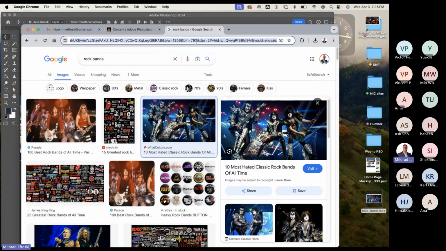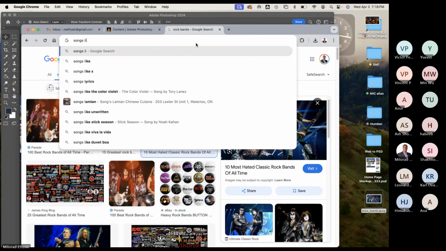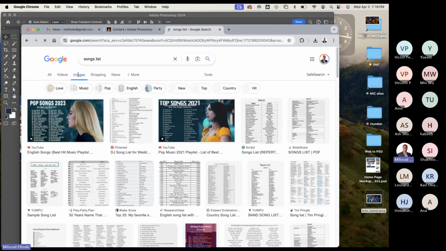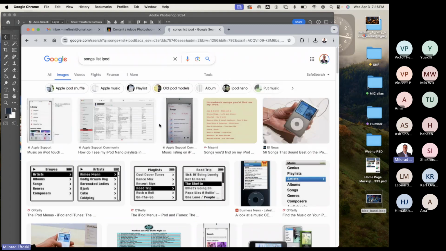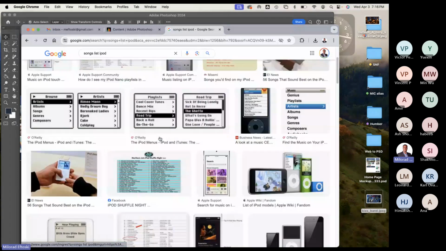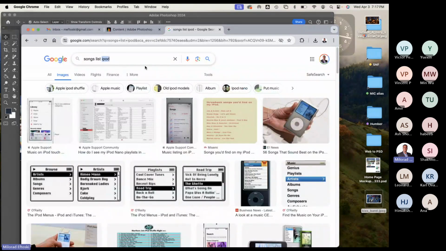Wow, did I just say that? Look at your iTunes list, right? It used to be the iPod, we played our songs on the iPod. Songs list. Okay, let's get some images here. Speaking of iPod, let me show what the iPod used to look like. See, a very old school looking list selection menu. Song list. Now you got, of course, the